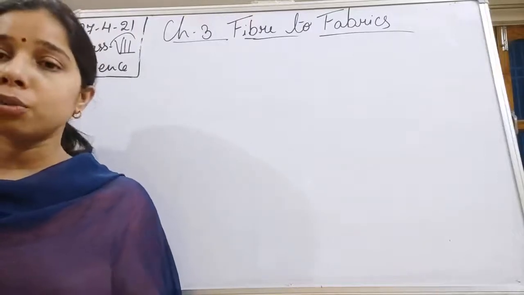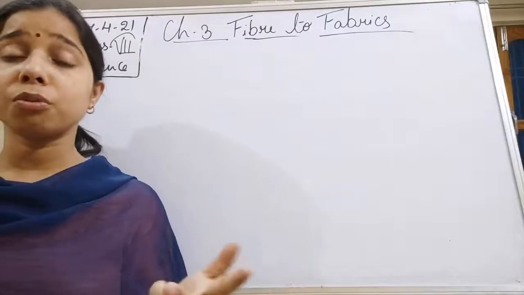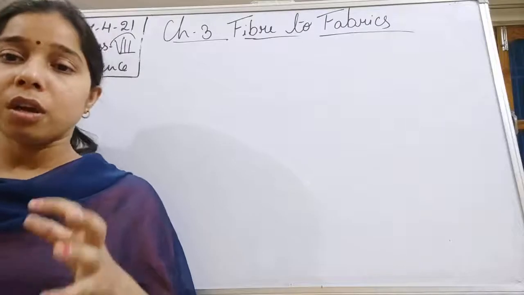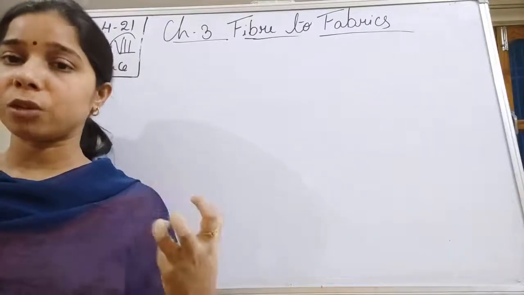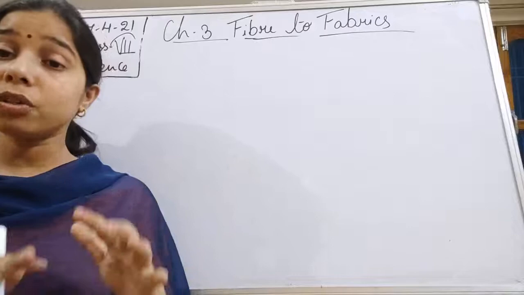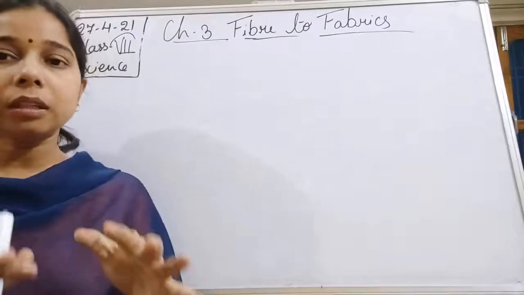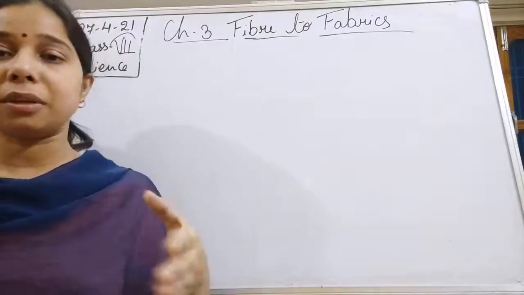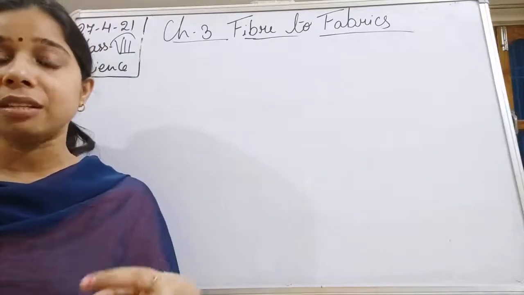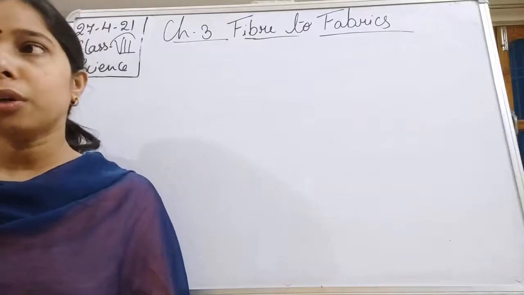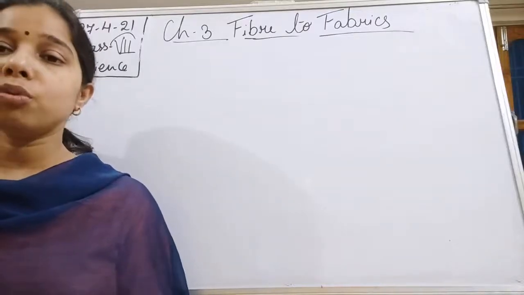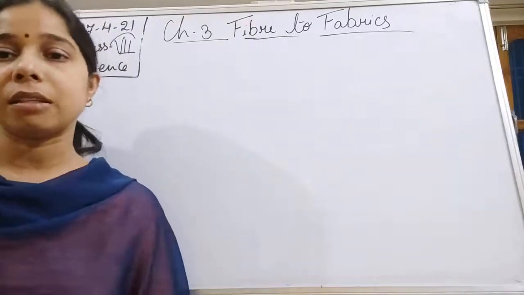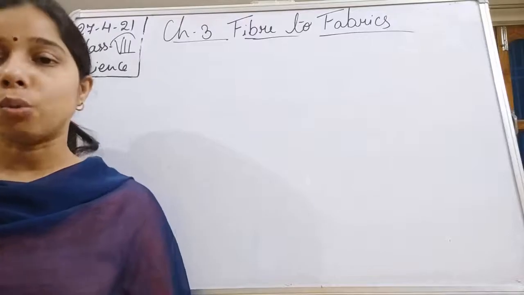Then the third one, students, after shearing we will see scouring. So, shearing is what? Removal of the fleece. Scouring is what? In which we keep it in water so that all the dust and dirt, grease and oil present on the fleece get removed. So in order to get the clean fleece, we do the process of scouring. Then comes sorting, in which we categorize into long, short, fine and coarse hair.